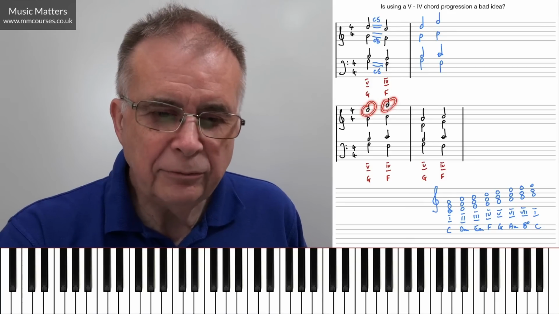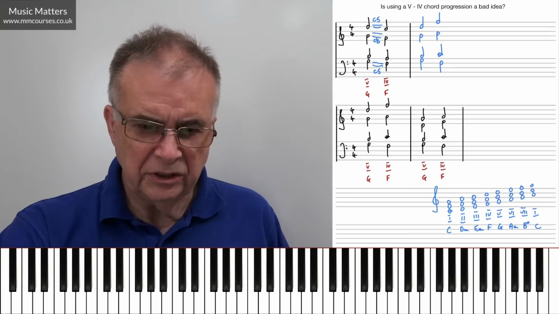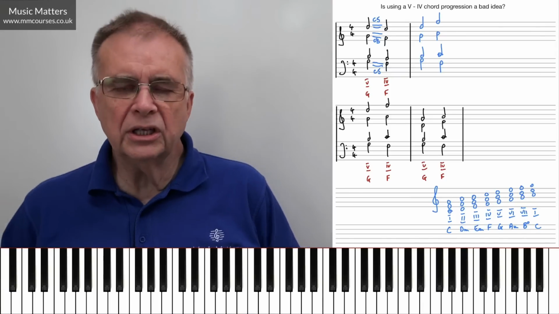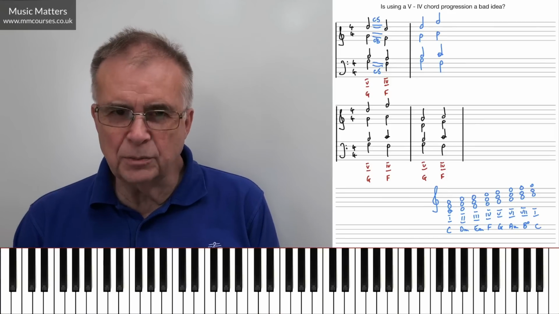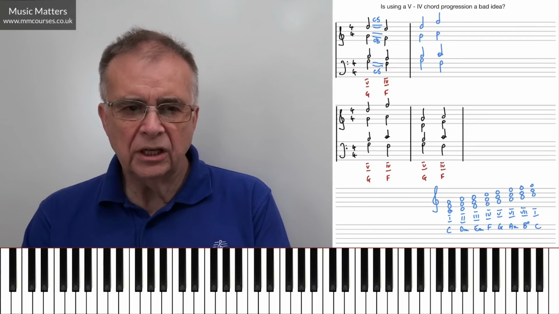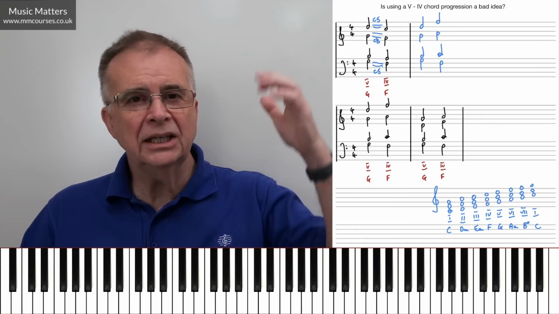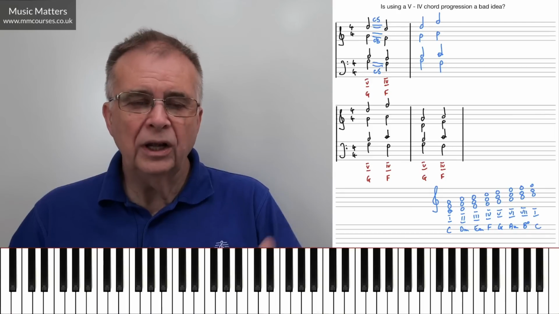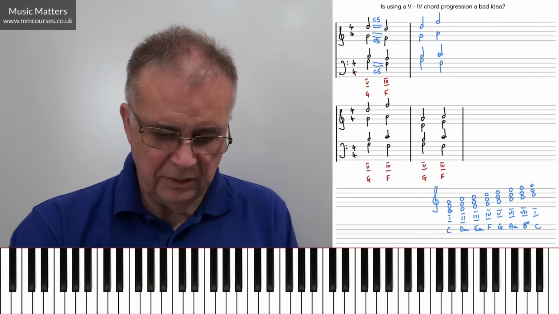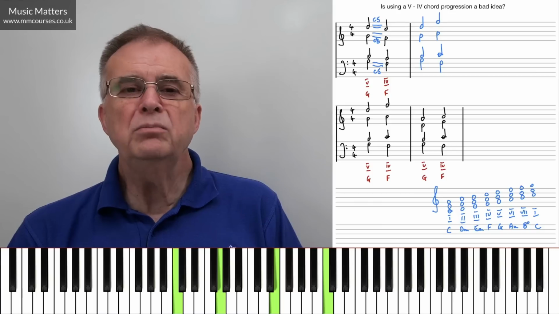If they're D to F, there's a solution. If it's G to A, there's a solution. Not impossible to do. What I would say is that 5-4 is not a good progression at a cadence point. So if you're at the end of a phrase, you don't really want to go 5-4, because think about what the most common cadences are, things like 5 followed by 1. Well, in this case that we started with, if that were the end of a phrase, I'd be saying, 5-1 is going to feel like a bit of musical punctuation.